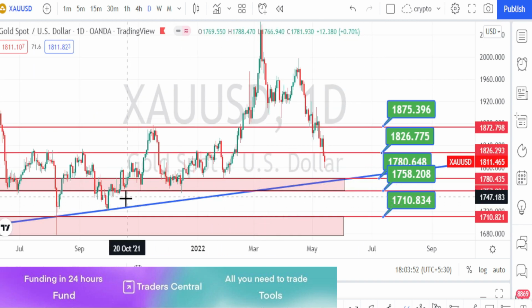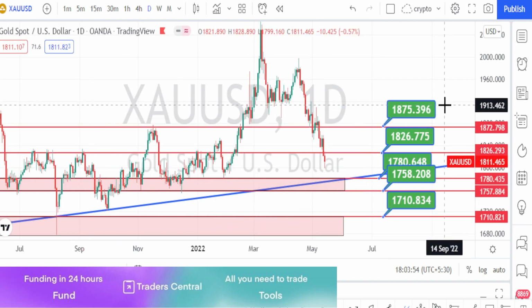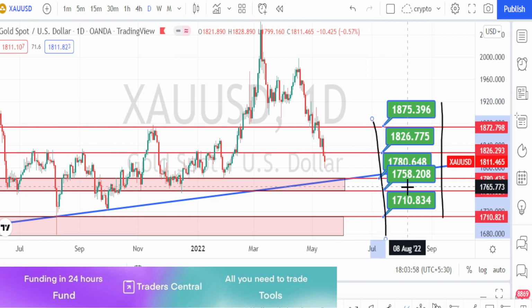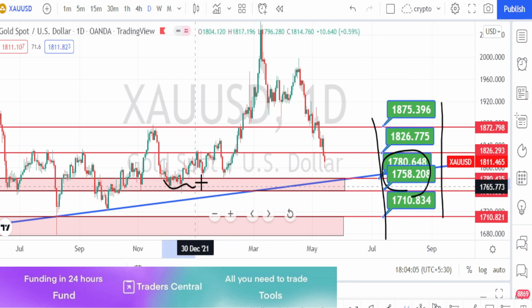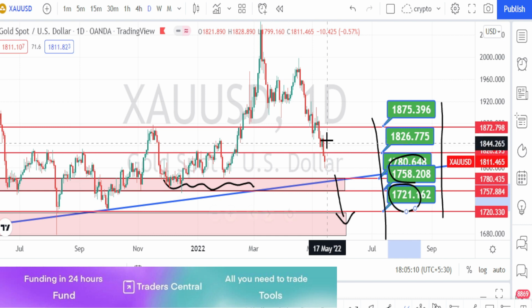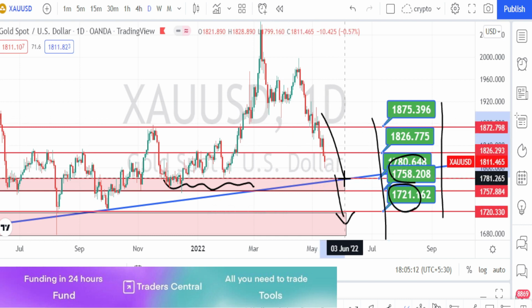So when we mark the support and resistance levels, these are all the resistance and support levels for daily time frame. So this whole area between 1780 to 1750 is going to be acting as a very strong support level. Once these levels are broken, next level of support is going to be around 1720. So currently the price action is in a downtrend. Let us hope it takes support around this support zone.